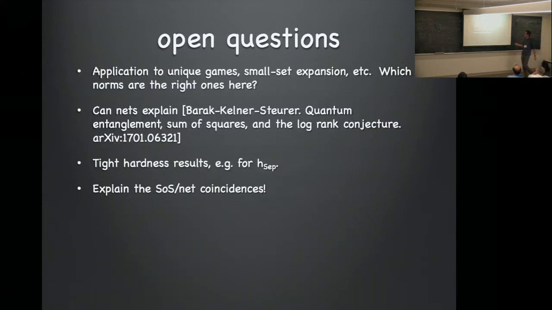So one place where SOS works, let's do a simpler one, which is Goemans-Williamson. We do not have a net-based algorithm for Goemans-Williamson. So what the nets correspond to, I don't mean to imply that they recreate everything that sum of squares does, but for a large class of problems where sum of squares gives you a non-trivial approximation guarantee, often with this kind of runtime, then nets seem to do the same thing.